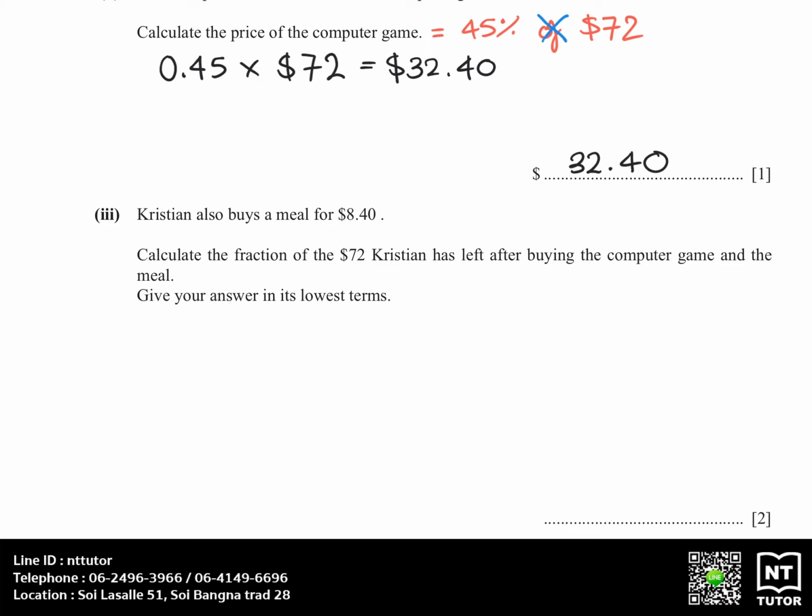Part 3. Christian also buys a meal for $8.40. Calculate the fraction of the $72 Christian has left after buying the computer game and the meal. Give your answer in its lowest terms. So Christian started with $72. He spends $32.40 on the computer game and then spends another $8.40 on a meal. That leaves him with